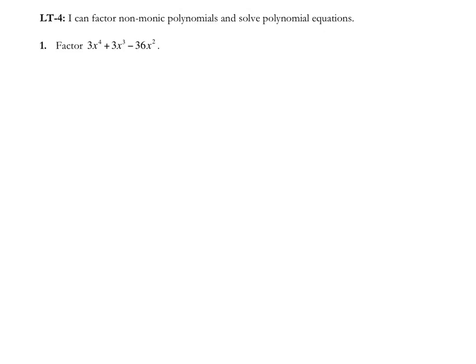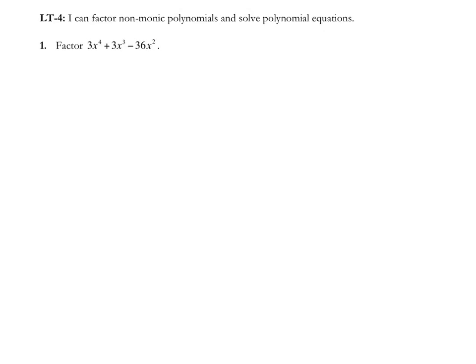Now, whenever I do any kind of factoring problem, ever, I always look first to see if there's a greatest common factor or a GCF that I can factor out. So looking at these three terms, I'm going to look and see, is there a number that's a factor of all three of the coefficients? And is there a variable that's a factor of all three of the variable parts